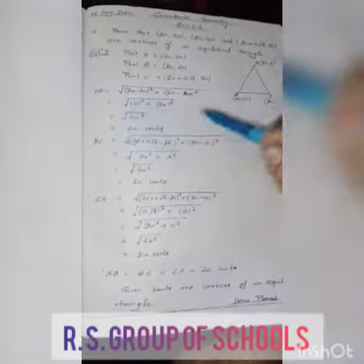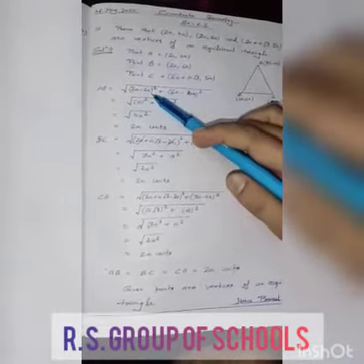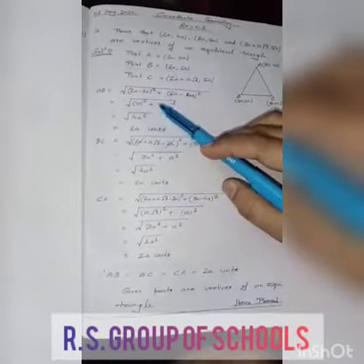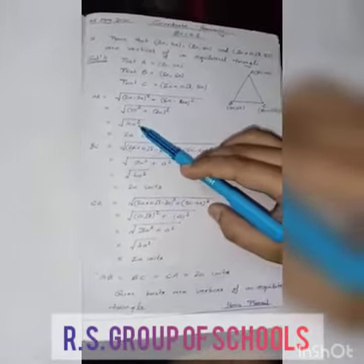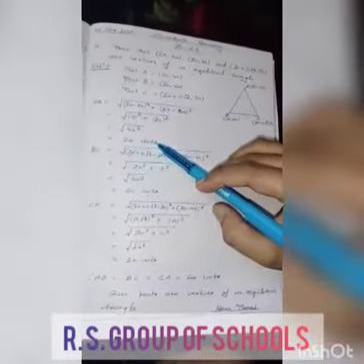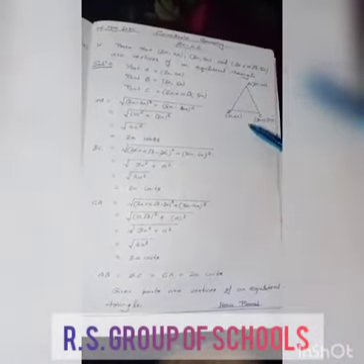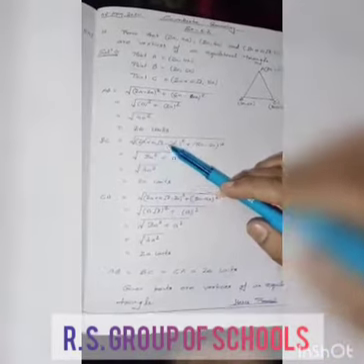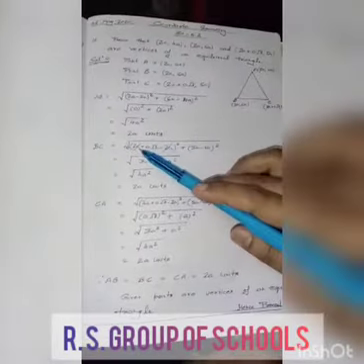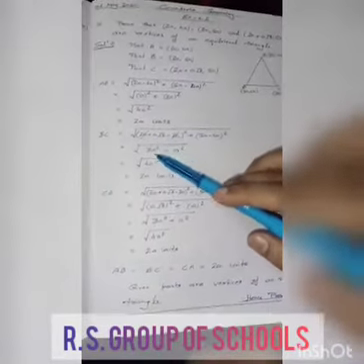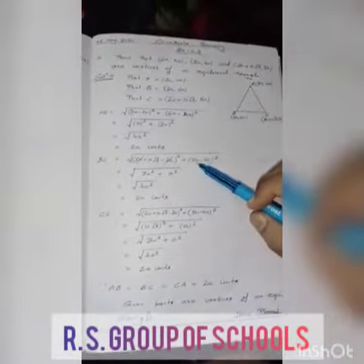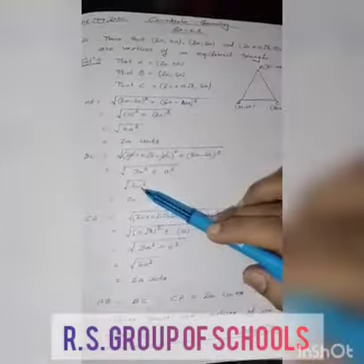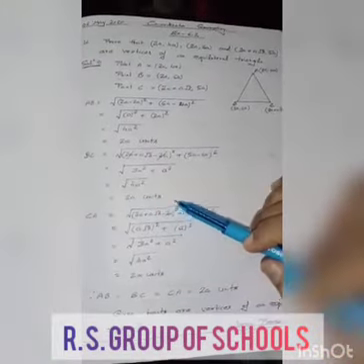We see that AB equals √[(2a − 2a)² + (6a − 4a)²] = √[0² + (2a)²] = √(4a²) = 2a units. Now we find BC: we put 2a + a√3 in place of x1 and 2a in place of x2. 2a cancels by 2a, then (a√3)² equals 3a², and (y1 − y2) is 5a − 6a, that is (−a)², which equals a². Then we have √(4a²), which is 2a units.